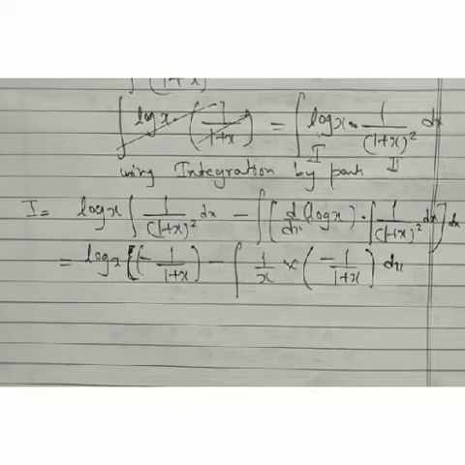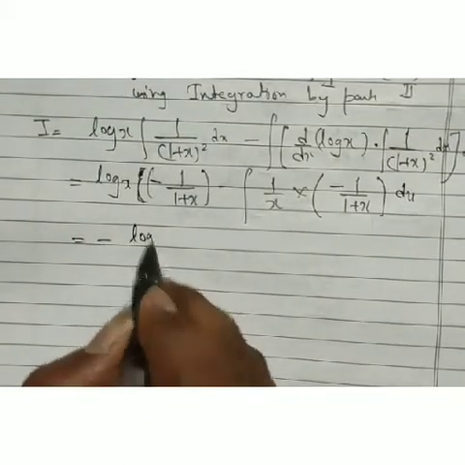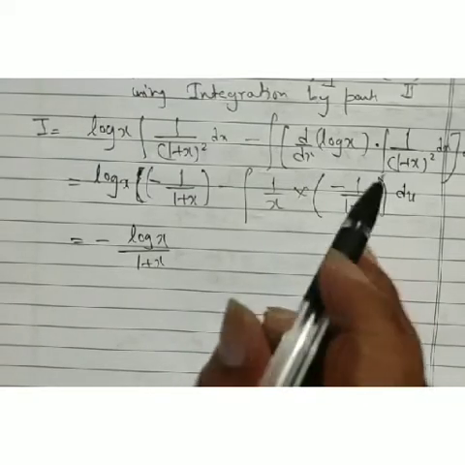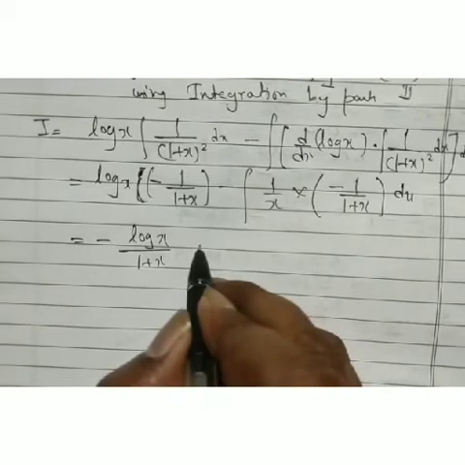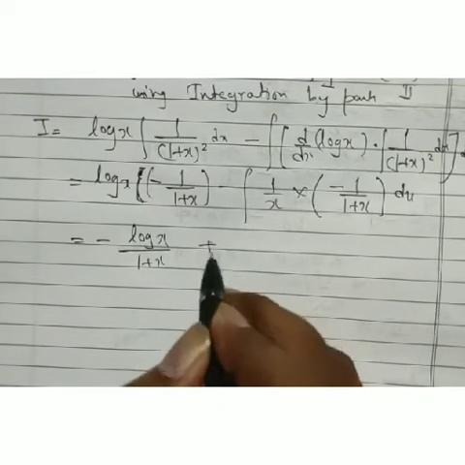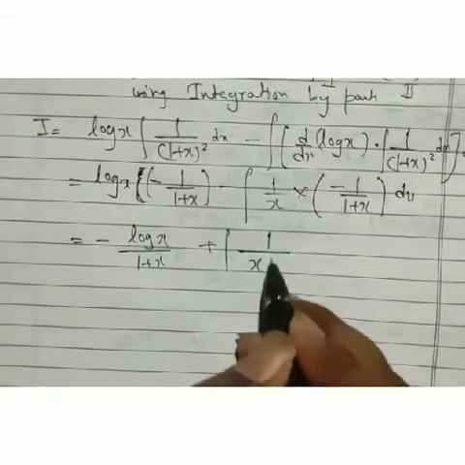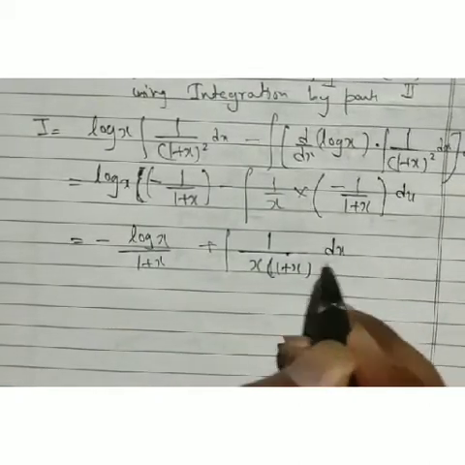Now we get this part's solution. It's minus log x upon 1 plus x. Now we have to find out this integration value. Now this is minus what? We get plus there: plus the integral of 1 upon 2x... of 1 upon x into 1 plus x dx. Now look,